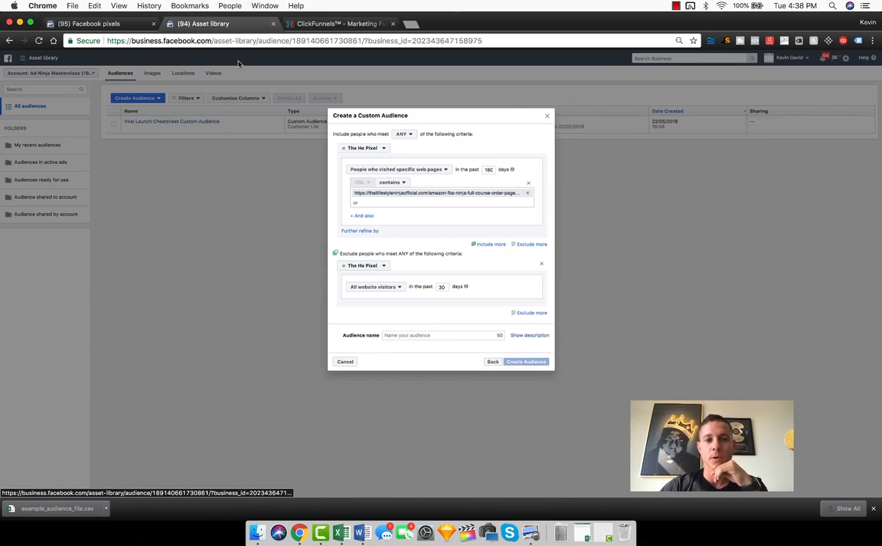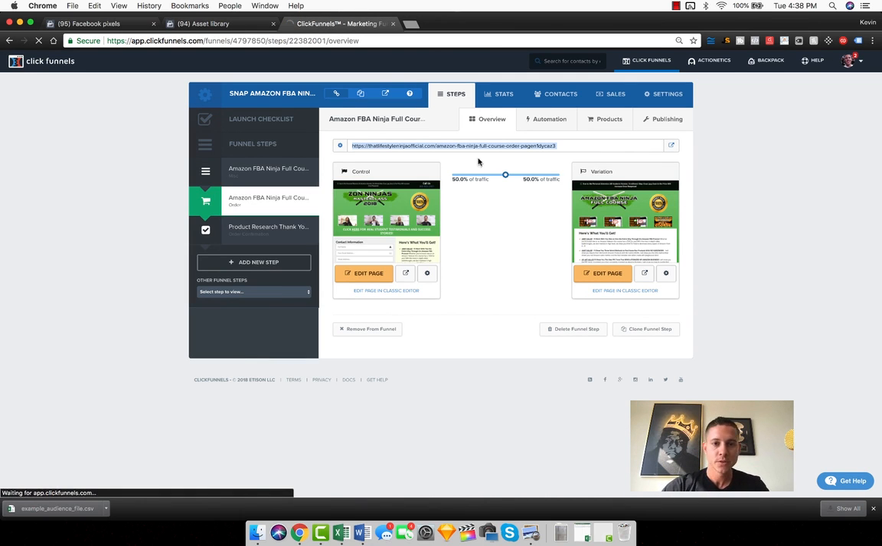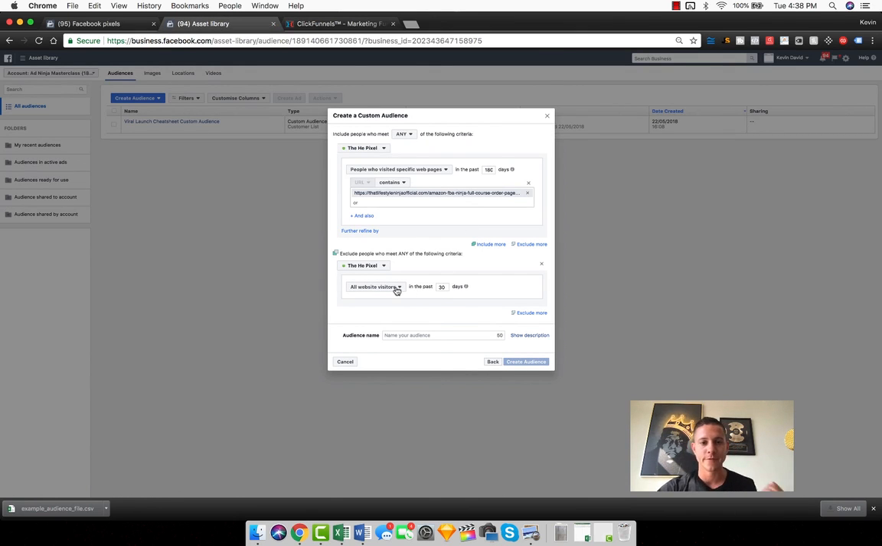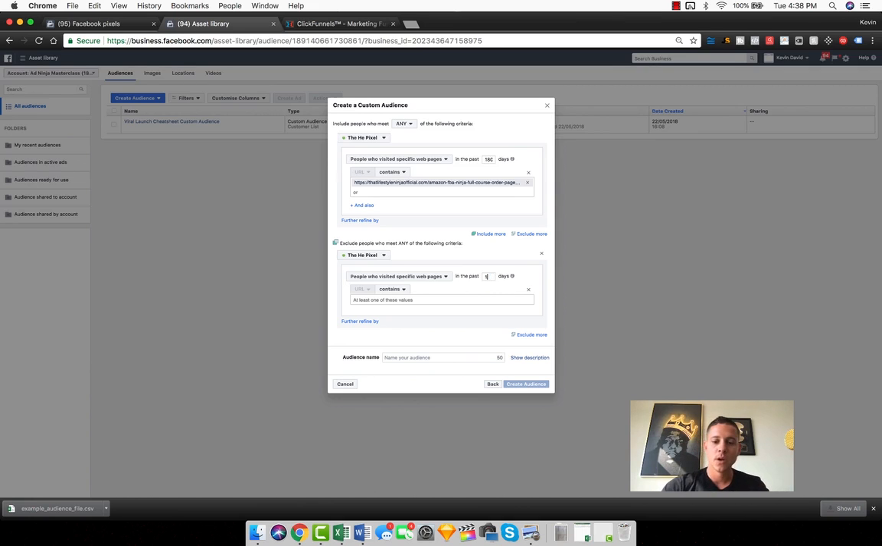So if we exclude people who've visited the thank you page on this next funnel step right here, then we're actually going to get a much more refined audience, because now we know that someone has visited the order page, but they have not yet seen the thank you page. So this means that they're interested enough to go to the order page, potentially put in their credit card information, but for whatever reason, they didn't buy. Something distracted them, maybe their Wi-Fi stopped working, or any number of millions of different reasons. But the point is, guys, people who make it to the order page but have not yet seen the thank you page